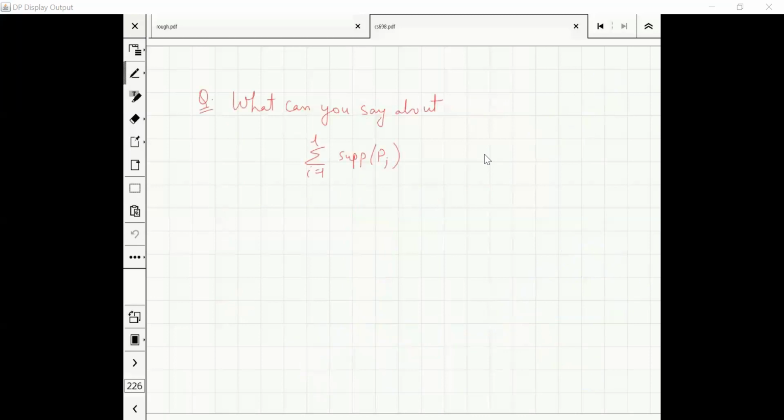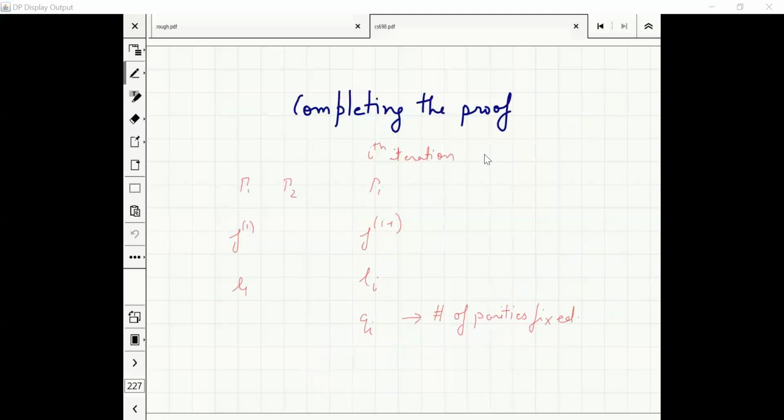So I will skip the proof. But now, once we have this, if L were the number of equivalence classes, then there exists a function which had this much sparsity. Remember, K was the sparsity of the initial function, and L was the number of equivalence classes. And now I want to analyze how many parities I need to fix so that my entire function becomes constant, irrespective of what assignment I am fixing. Remember, now we're talking about the number of active parities, and the number of active parities becomes 0. This is what I want to do.